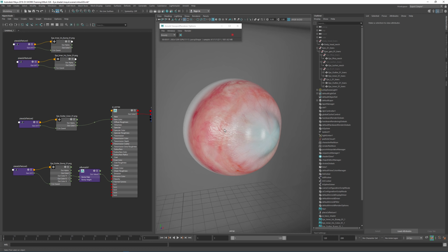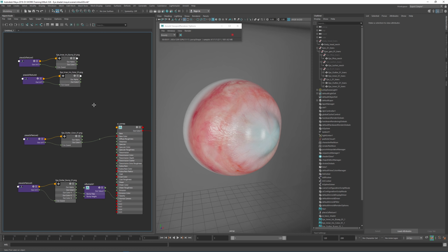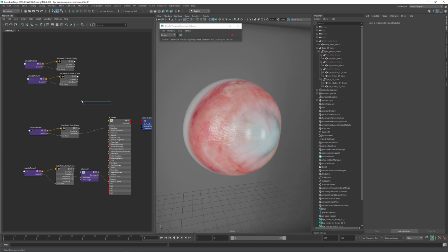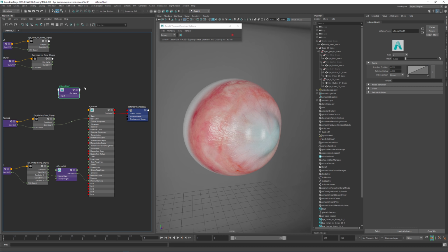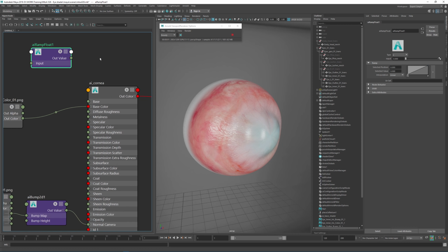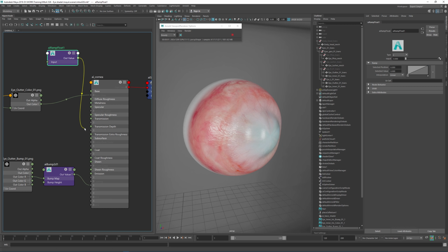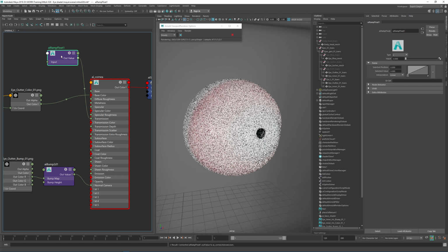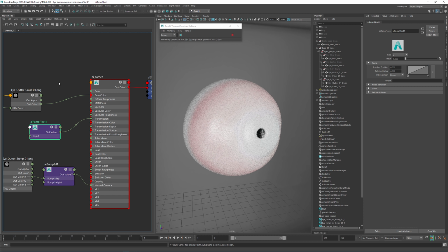And this is how you get the nice refraction going on, and sometimes even caustic effects. So before, in previous tutorials, I was using a Maya ramp. Arnold now ships with an AI ramp, and they have a float one too, which is perfect. So I'm just creating that, and the out value, which is a float, I want to connect that into transmission because we want to have the top of the cornea to be transparent. So let's just plug that into transmission, and you can see things are disappearing, which is correct because the map